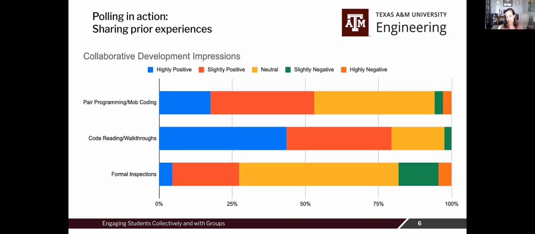And then for the same one, I asked a follow-up poll. I said, hey, how was your experience if you had one? And not presuming that they've had a good experience with the methods I'm about to teach them, but what was it like? And then having students share, and then we can discuss, why was it positive? Why was it negative? What do you think could have been done differently? And that was much more valuable than me just walking them through what each method was and how you do them. They got to hear from their peers how it really goes, right, in the real world.